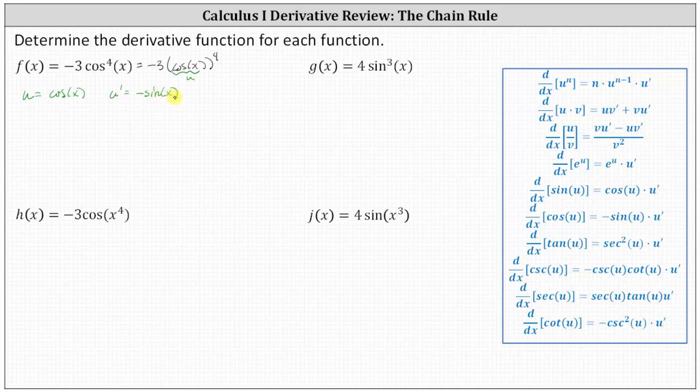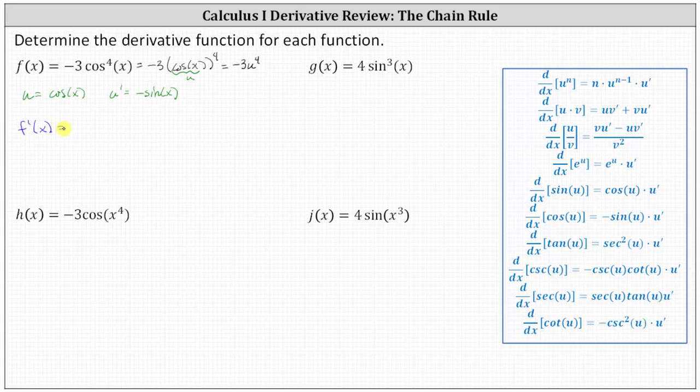And now if it's helpful, we can think of our function f as just negative 3 u to the fourth, and apply the chain rule with the power rule. Looking at our notes, the derivative of u to the power of n with respect to x is equal to n times u to the power of n minus 1 times u prime. This indicates that f prime of x